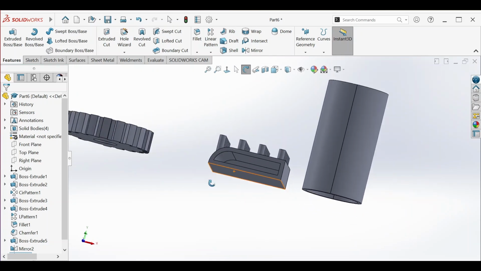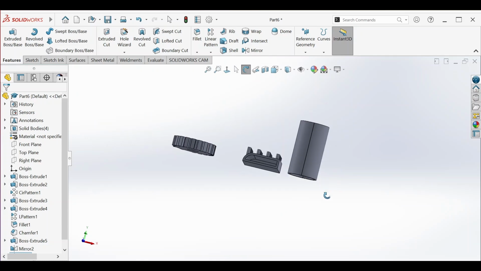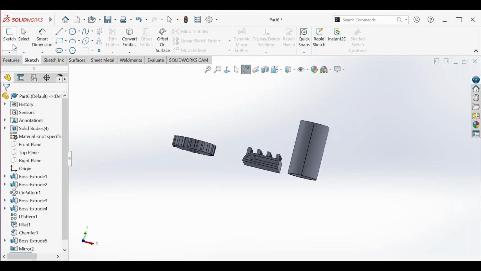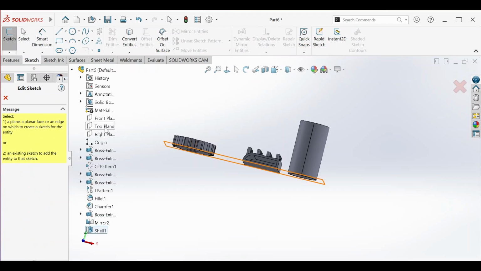The last feature we'll cover is the rib command. This tool allows us to add thin-walled supports to a solid body by adding material along one or more sketch contours. Ribs are typically used to increase the strength of a part, especially in areas that are structurally weaker. To create the rib, we need an L-shaped body. We start a sketch in the top plane,